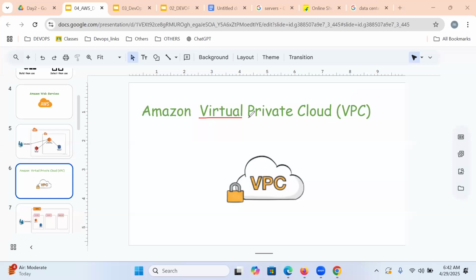Repeat again. A virtual form of an isolated private network, an office kind of private network, if we can access it over the internet, is nothing but a VPC.